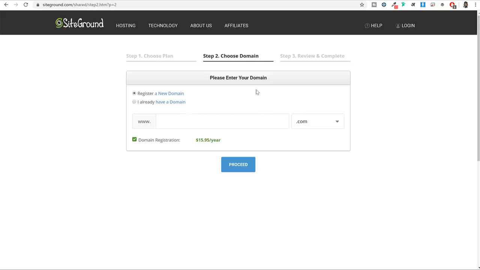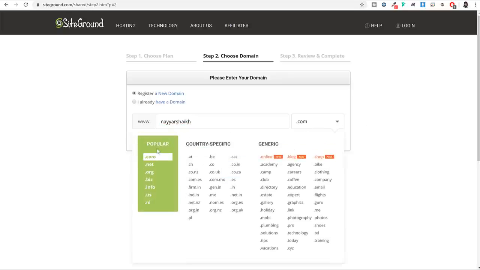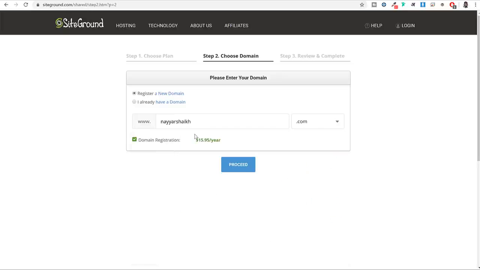Now you will see this page and here we have to register a new domain name. So whatever domain name you want to register, simply type in that domain name over here and select the perfect domain name extension. So here as you can see, we have .com, .net, .org. There are some country specific domain name extensions available as well. For example, .in for India and .nz for New Zealand and some more. We have some generic as well like .online, .shop, .blog, so many different domain name extensions available. So simply type in the domain name that you want to register, select the domain name extension and click on